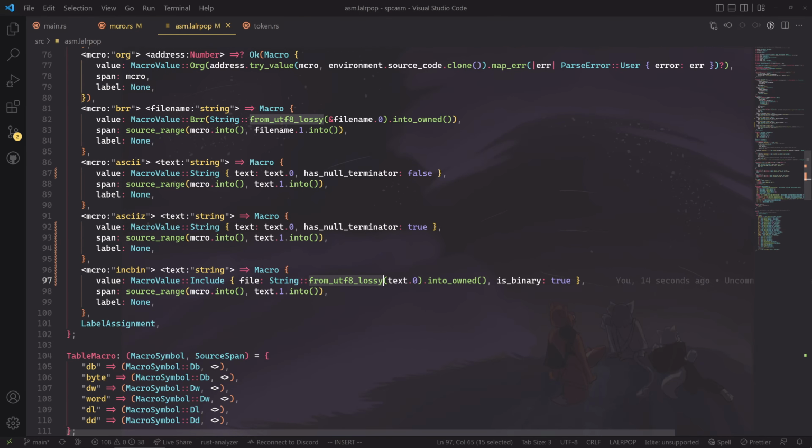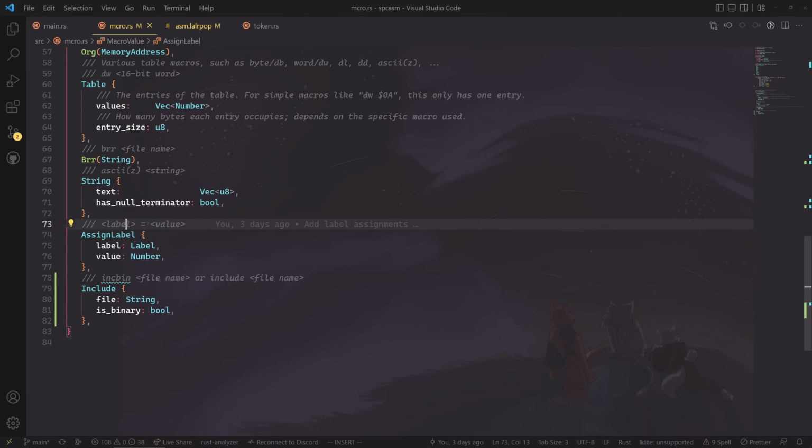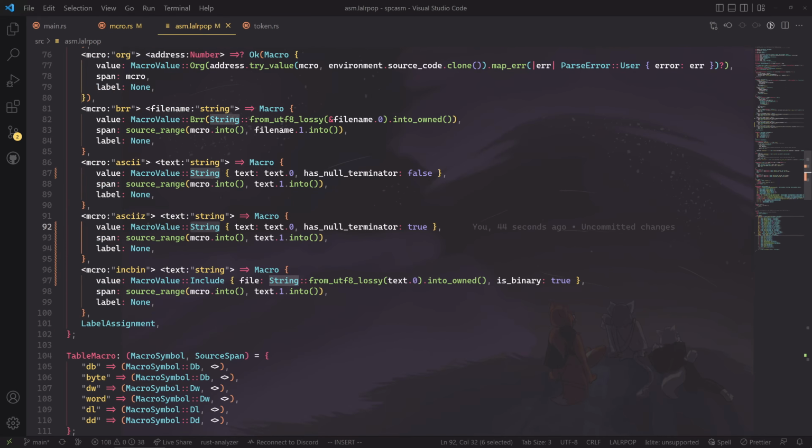Yeah, so of course in other places like the string macro itself, I don't care whether it's Unicode or not, especially because we're talking about architectures that don't even really understand ASCII. They kind of do, but not really. So then they don't even understand Unicode. So it doesn't matter if it's Unicode or not. That's why I'm parsing a u8 vector, so the raw byte sequence, instead of an actual string, which in Rust always has to be valid Unicode. Okay,